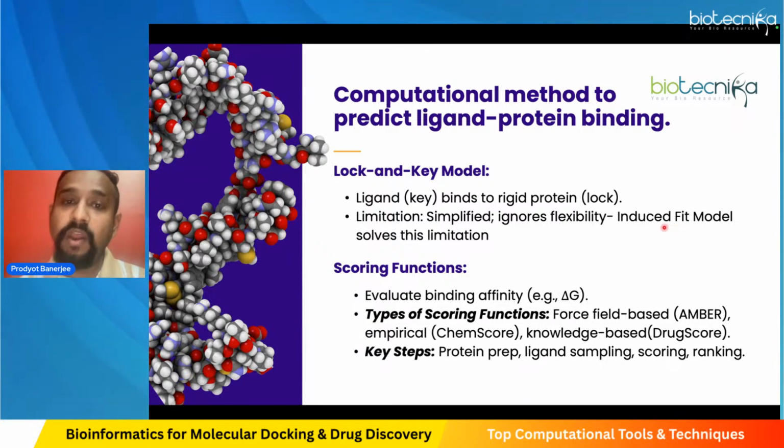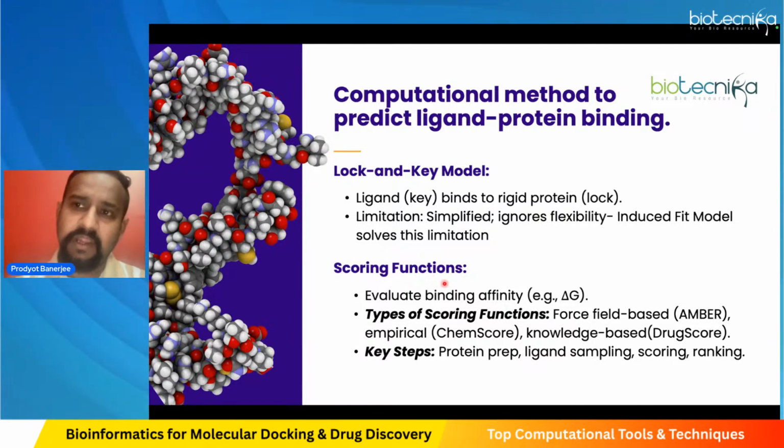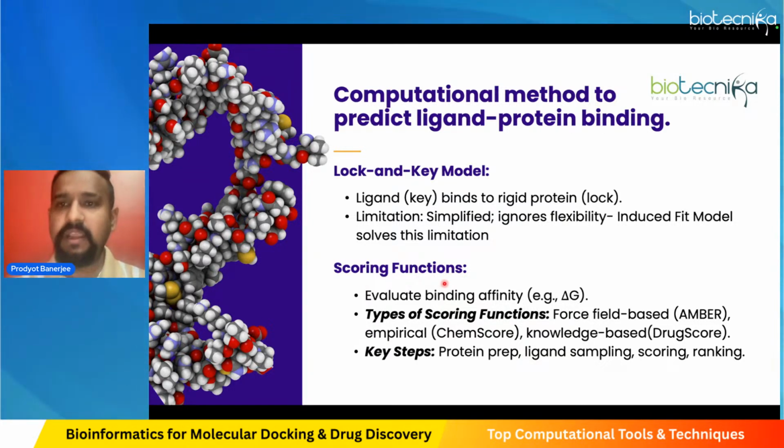Basically it will take all the changes into account. So that solves the limitation of it. Then you have different scoring functions. There are multiple steps in docking when you are adding charges to it, because it is happening